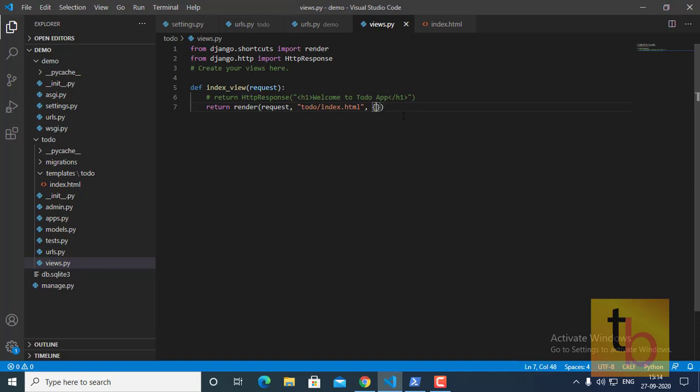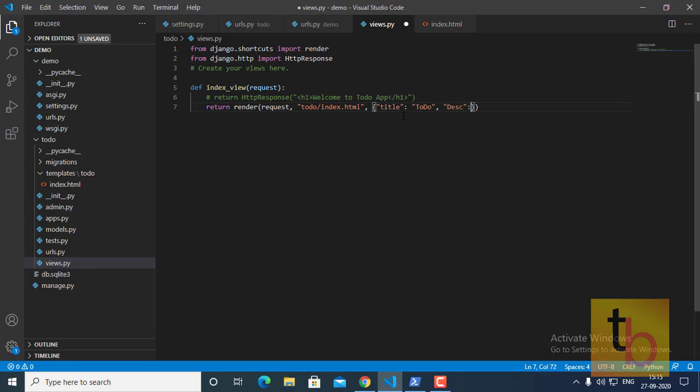Now let's see how we can pass the data. This is our title. You can pass it like this inside of this dictionary. In the form of a dictionary, you can pass anything, like a list or an array, by defining one key, and you can pass your data.